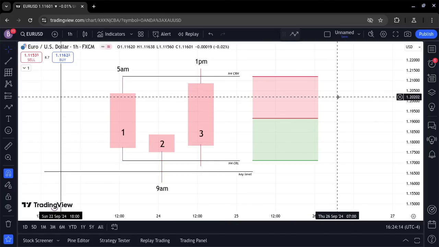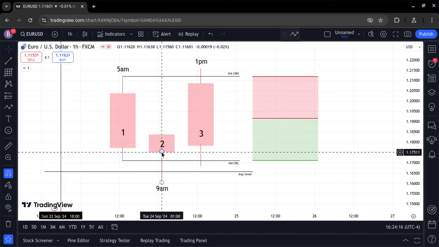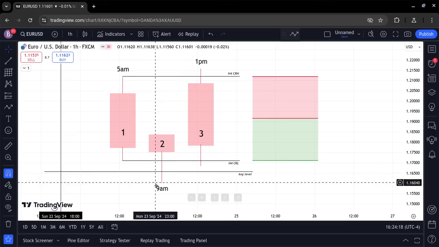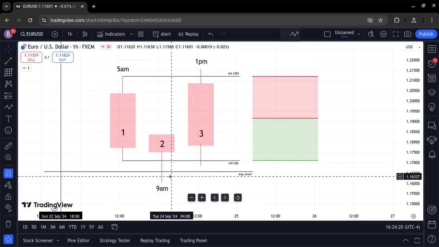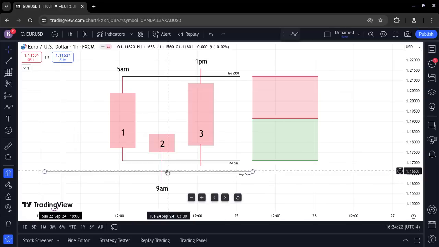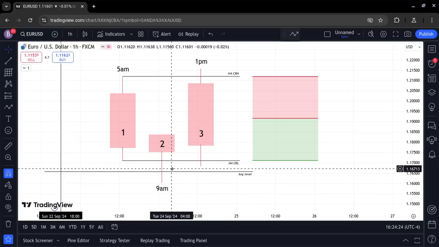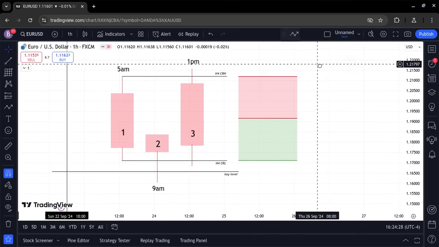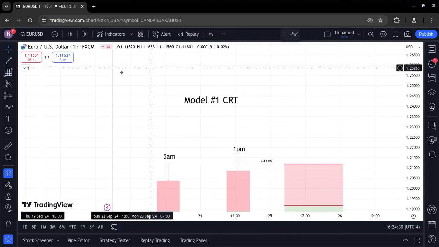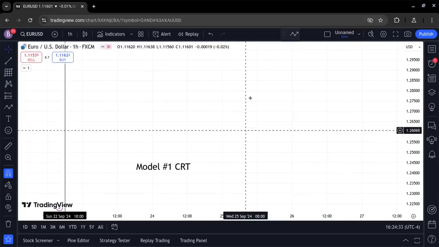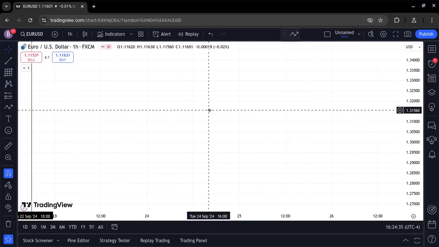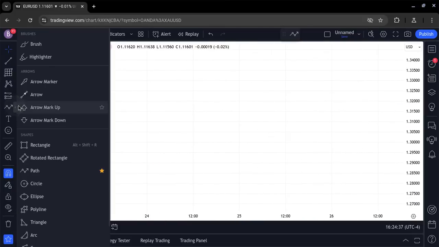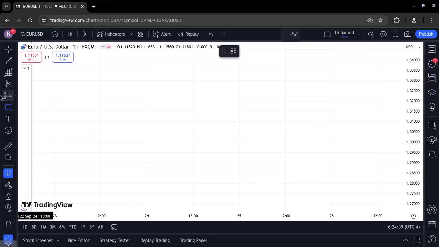Okay, so we wait for the purge, turtle soup, and then we wait for a change in the state of delivery on the lower time frame, and then we enter and then wait for it to expand. Correct? That's the whole idea of model 1, right? But I want to share with you something and how I see it actually. Okay, supposedly we have a